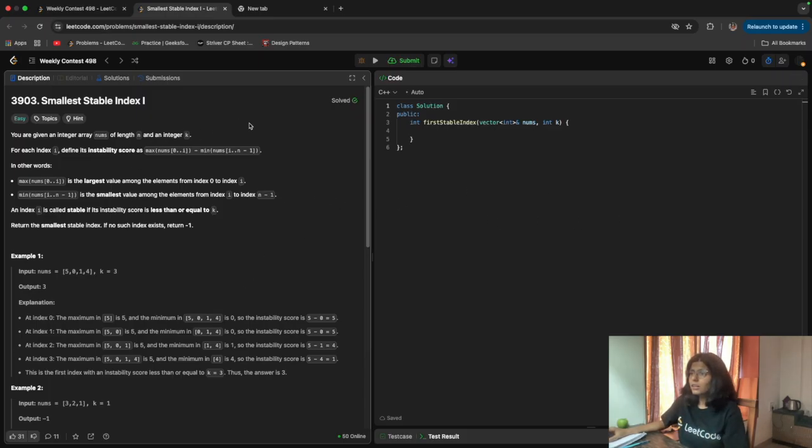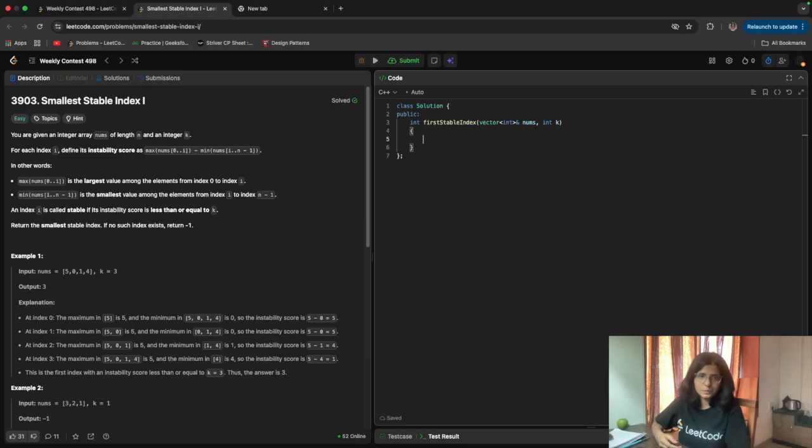So we'll write the brute force code here. For the brute force method, after reading, we can say this is an easy one. You can use one for loop, take one index, and inside that use one for loop to find the max value till that index, and then use the next for loop to find the min value from that index to the last index.